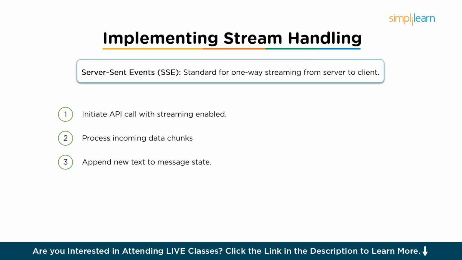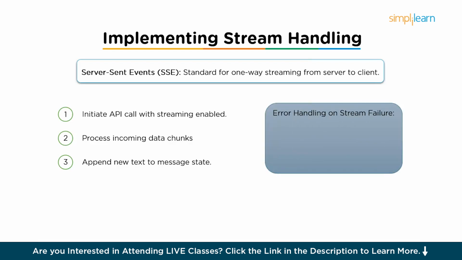Beyond the successful flow, it's vital to have error handling on stream failure. You must implement robust try and catch blocks for network or stream errors. Streams can be interrupted due to network issues, server problems, or timeouts. Your code needs to gracefully catch these exceptions. If the stream fails, you should display a partial message or a stream interrupted notice. Don't leave the user hanging with an incomplete response or a frozen screen. Inform them that the connection was lost and suggest they try again, or that the response might be incomplete. This maintains a good user experience even when things go wrong.